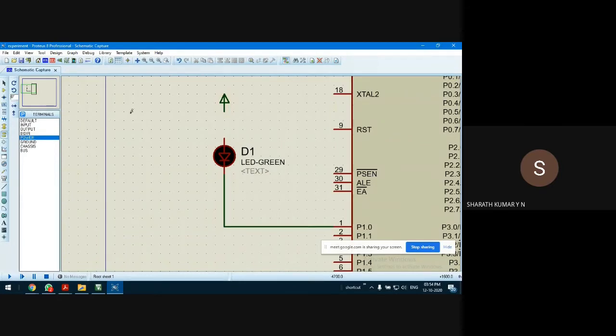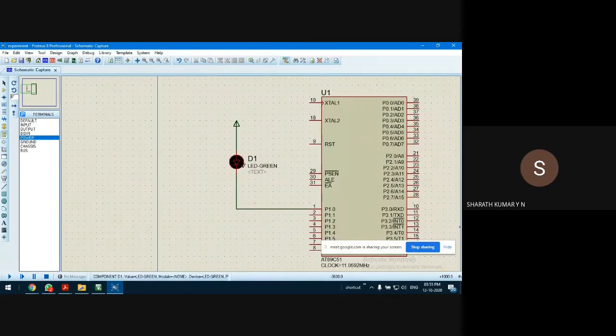Of course it's not specified here. This gives 5 volts. Now connect this power to the LED. Very simple. That's it. So now the condition for the LED to turn on is satisfied because the anode is at a higher potential than the cathode. Now if pin P1.0 is at high, there is equal potential across anode and cathode, and the LED will not turn on. So to turn on the LED, what we have to do in the program is make P1.0 0, so that the LED is going to turn on.